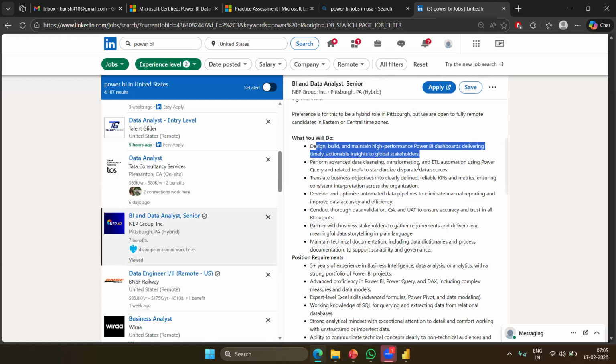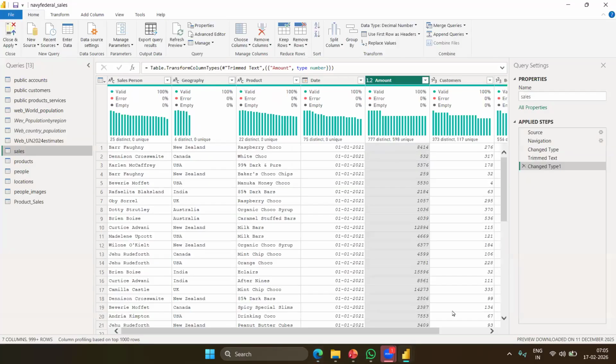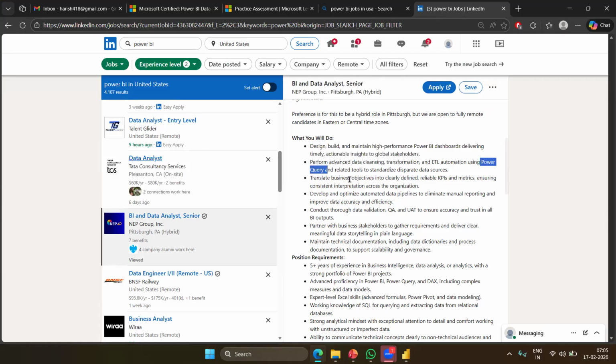Perform advanced data cleansing, transformation and ETL automation using Power Query. Now when you say Power Query, this is the one we have seen, the Power Query editor. The good thing with Power BI is, if the data we are going to work on is not in the expected format, then Power Query helps us do some cleanup and transformation. So our Power BI visualization tool also gives some ETL and transformation features. Related tools to standardize